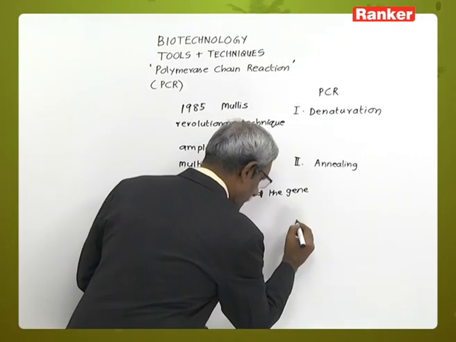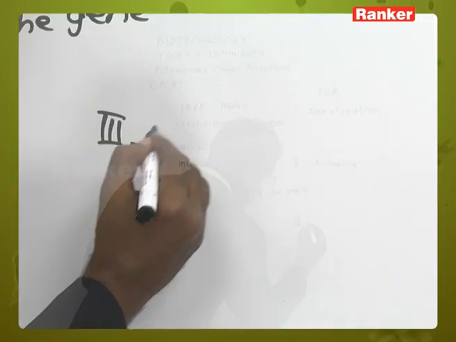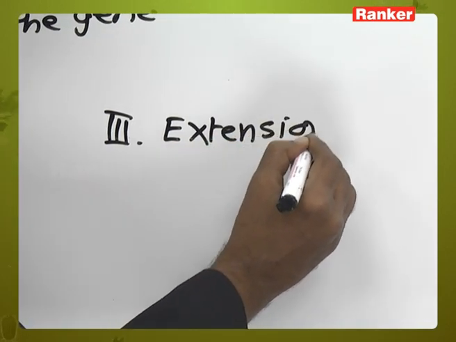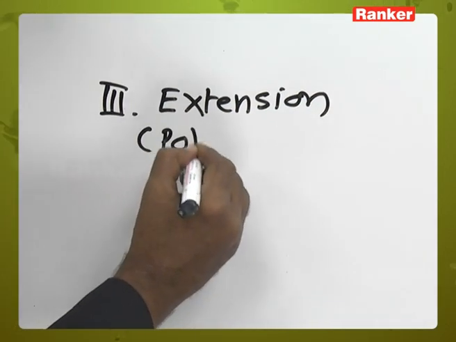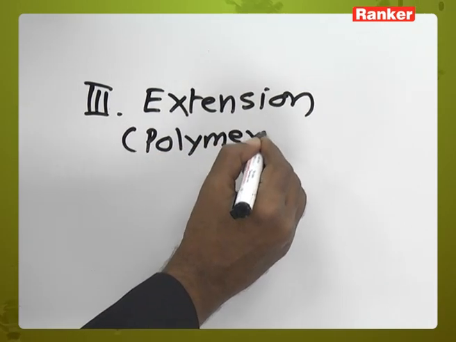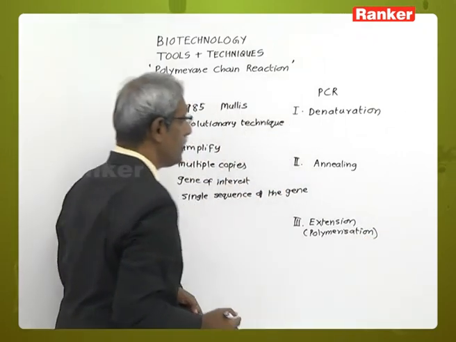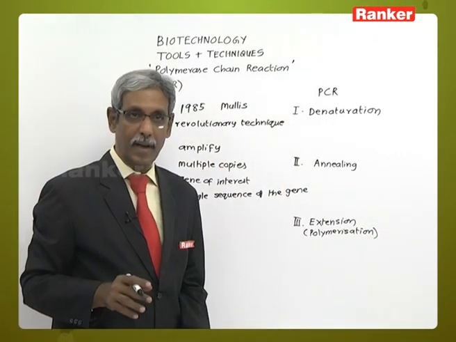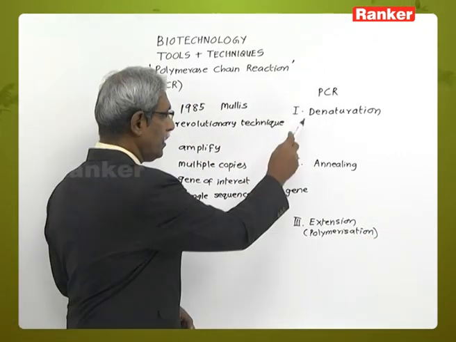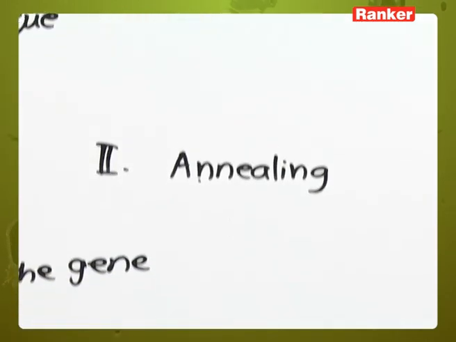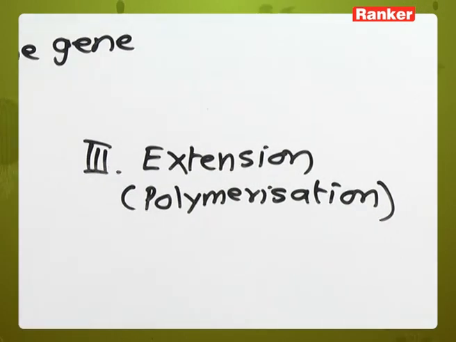And the third step is termed as extension, or it is also termed as polymerization. So the polymerase chain reaction includes 3 steps. Step number 1 is termed as denaturation, step number 2 is annealing or joining, and step number 3 is termed